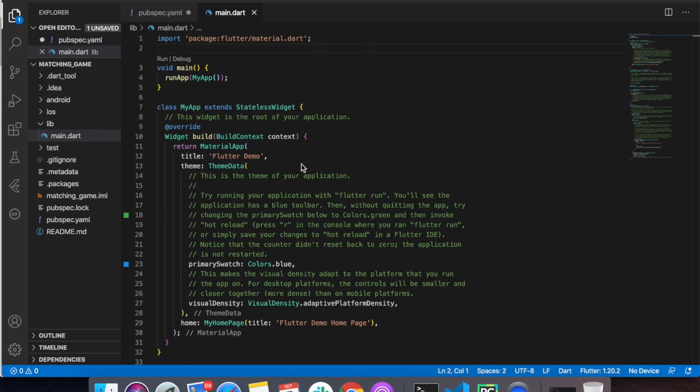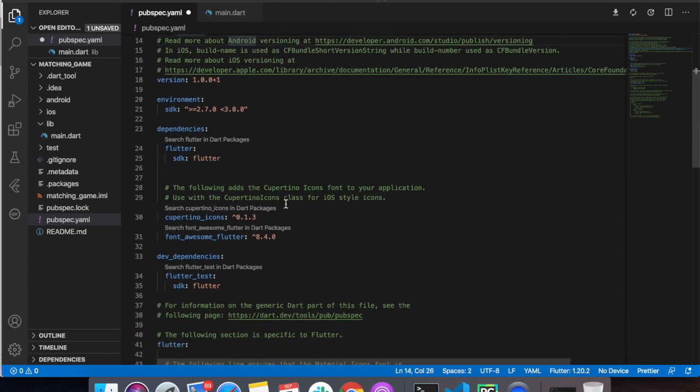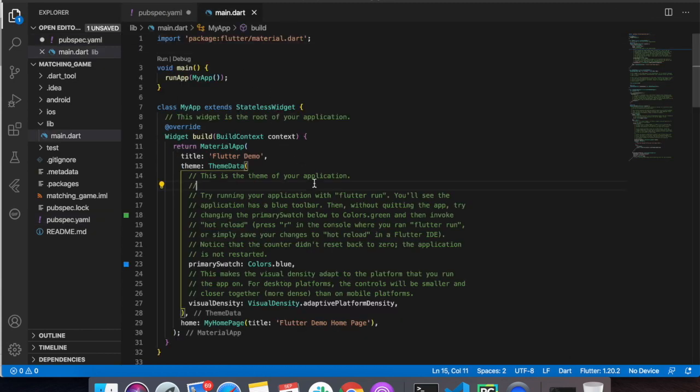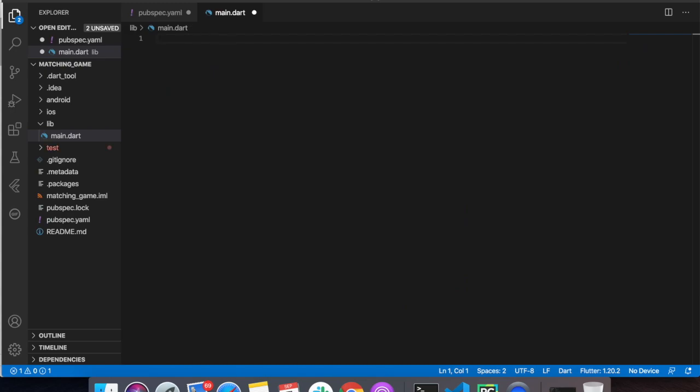and this is my main.dart, and I'm just going to show you my pubspec.yaml. I have added one dependency, that is font underscore awesome underscore flutter, and the version is 8.4.0. I am going to remove all the code from my main.dart because I'm going to write all the code from scratch,